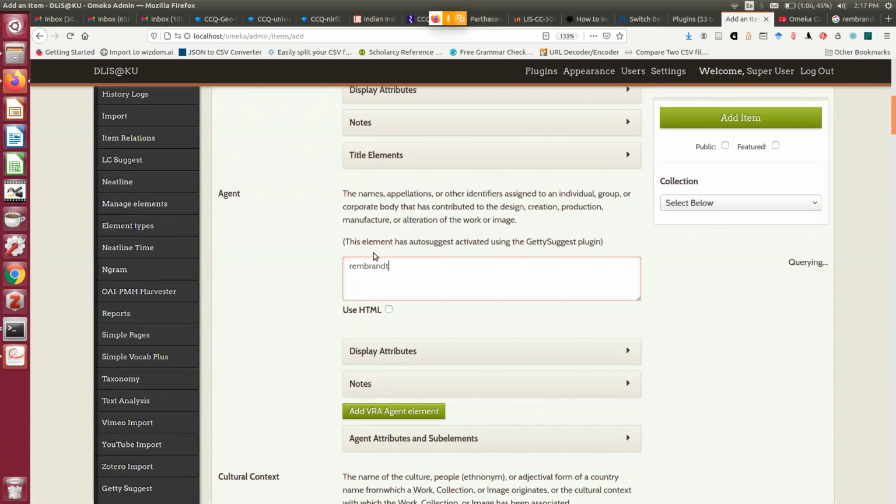If it finds something, then it will give you the exact name. The same way it works with Library of Congress. I need to explore that why it is not working. So I just made a query to Rembrandt, depending on my internet speed and other things. It is now trying to make a link with the database. It will pop up the suggestions and finally I can select it. So this is all happening because of the availability of the things as a linked open data.